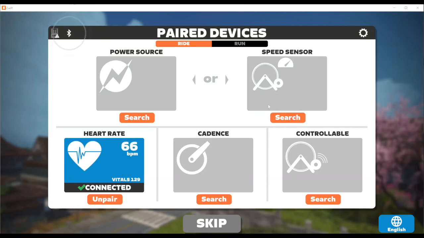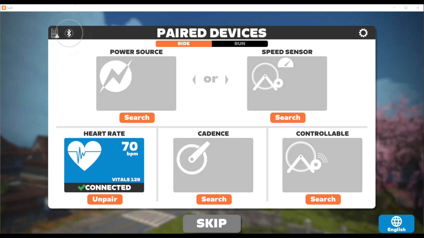If you have the wheel off, and that means you've taken your rear wheel off and have connected to a smart trainer, you'll also have this far right box down at the bottom, controllable. That is where, as I mentioned earlier, if you have the wheel-off trainer, you have the ability to have the smart trainer controlled by Zwift.